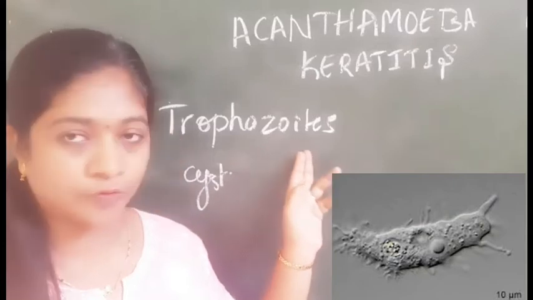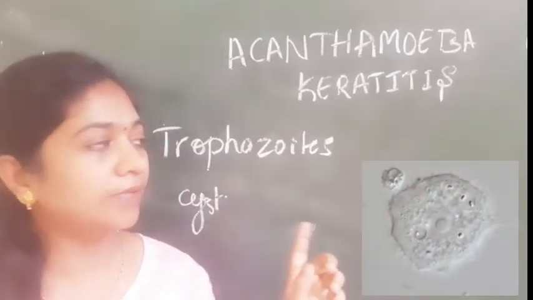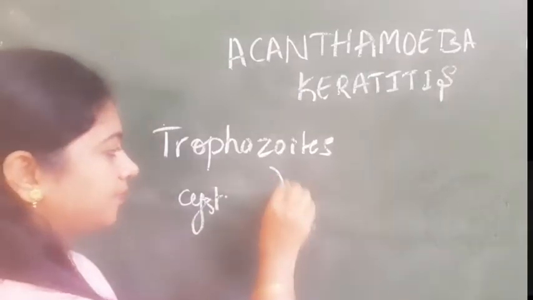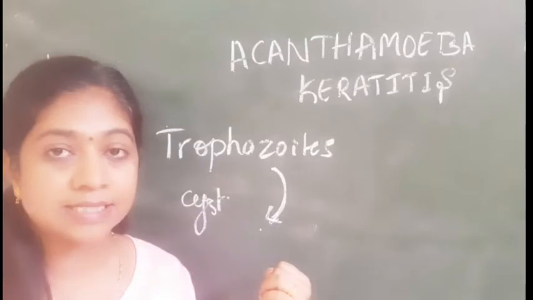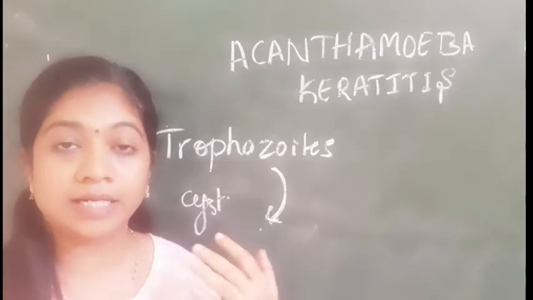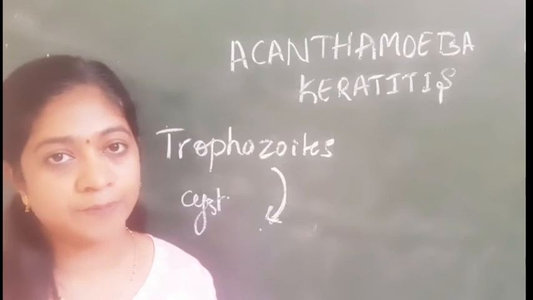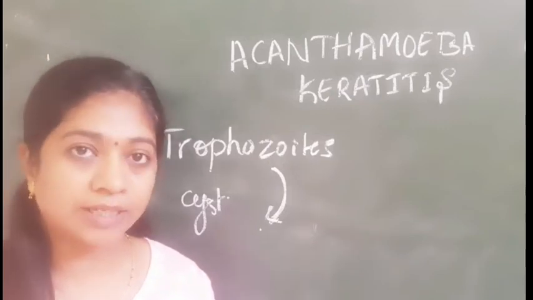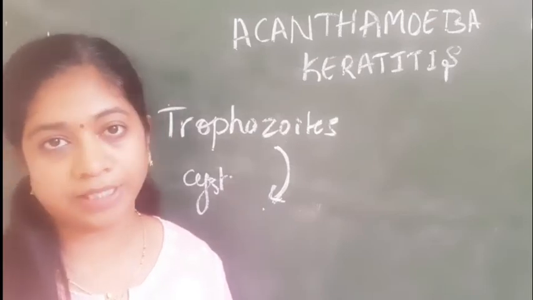Okay, so that is trophozoites, and when the surrounding condition of this trophozoite becomes unfavorable, they will form into the cyst. So they will remain in the corneal tissues for very long time. So these cysts are very much resistant. So they are resistant to the heating up to even 65 to 70 degrees Celsius of heating. They are resistant to the freeze-thaw technique as well. They are resistant to the gamma radiation as well as the UVB radiation.